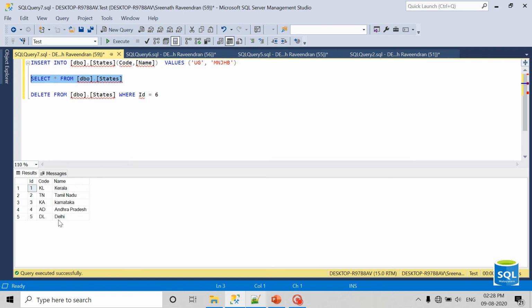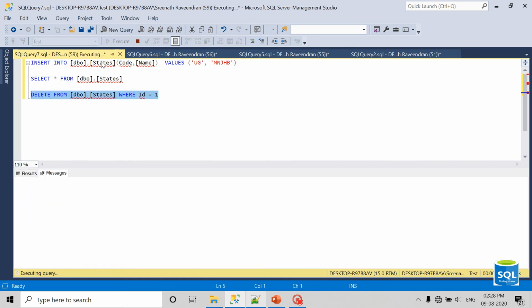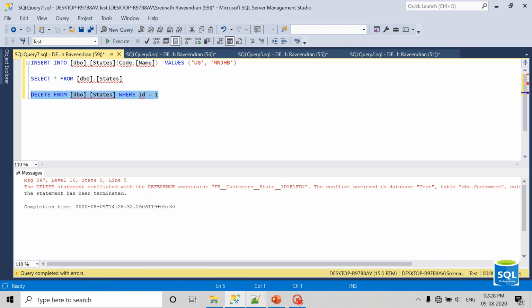If I try to delete the first record, let's see if we can delete it. Yeah, it raised a foreign key error, because it is used in the customer table. So to delete this particular record, we either need to drop that foreign key and then delete the record. Also, we need to correct those particular records.